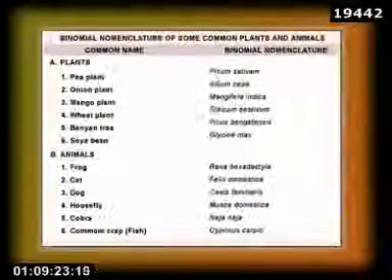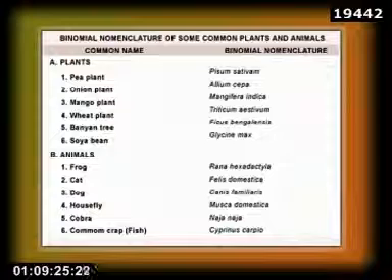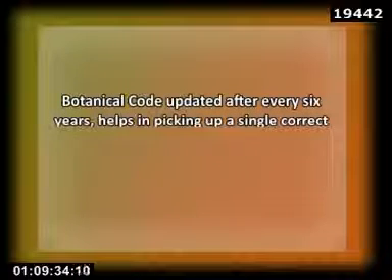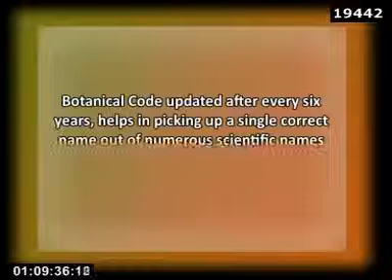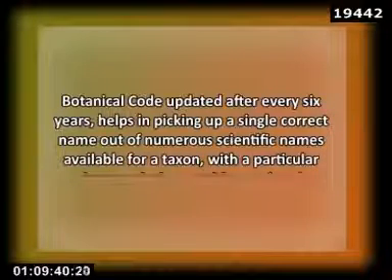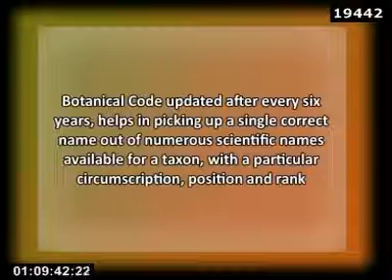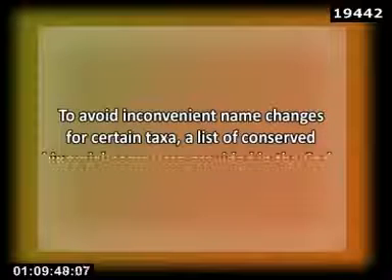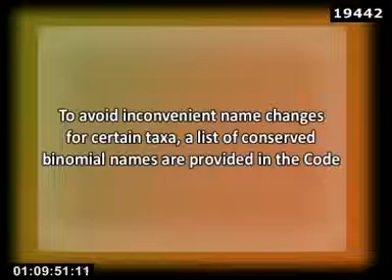This table shows some binomial scientific names of some plants and animals. The Botanical Code is updated after every 6 years. It helps in picking up a single correct name out of numerous scientific names available for a taxon with a particular circumscription, position and rank. To avoid inconvenient name changes for certain taxa, a list of conserved binomial names is provided